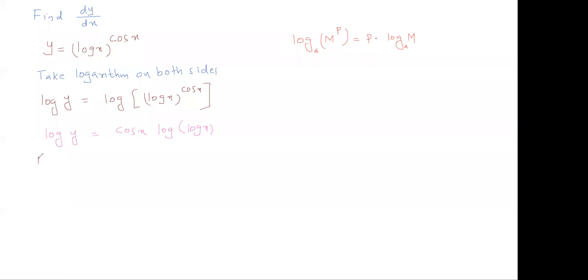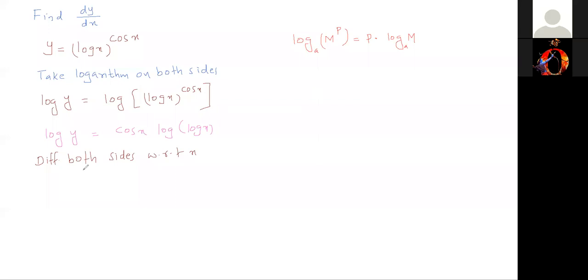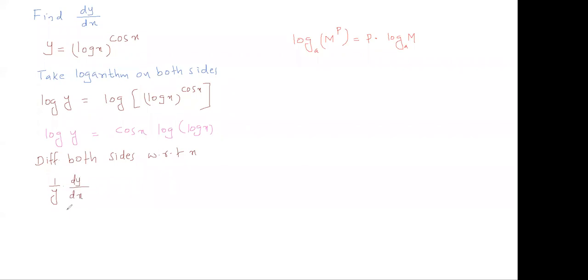Implicit differentiation. Differentiate both sides with respect to x. So log y, it is of the form log x. So chain rule, the derivative of log x is 1 by x. So the derivative of log y is 1 by y, but x was replaced by y, so multiply by its derivative, chain rule. So 1 by y into dy by dx is equal to, right side you can see